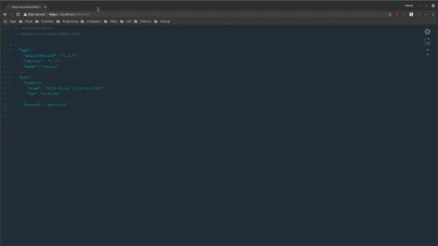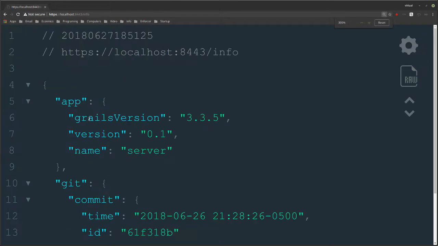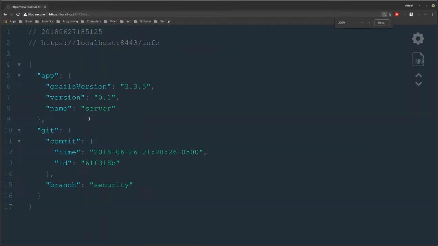So this is very secure, my password, and then this is one of them. This is the info one, where you'll see the Grails version, the version of the app, the name of the app, and I added a specific plugin to Spring Boot, which is the git one, which gives me what commit this was and what branch it was when it was built, which can be very useful.